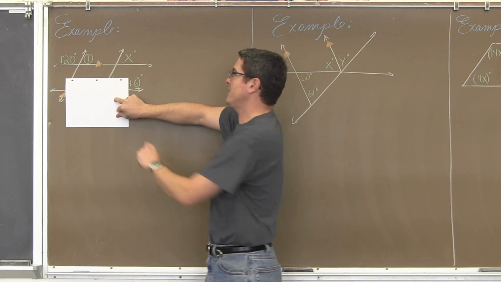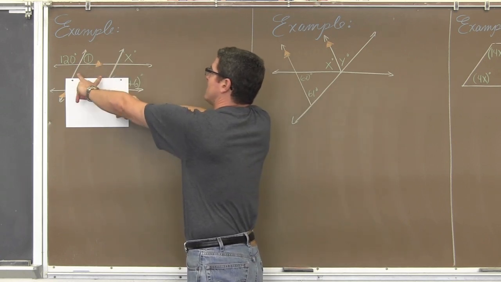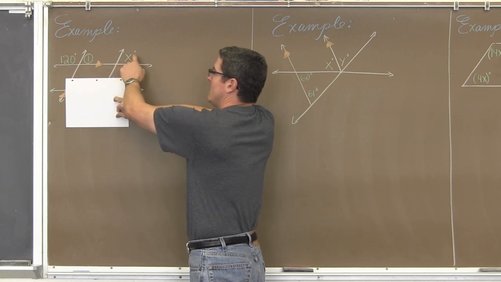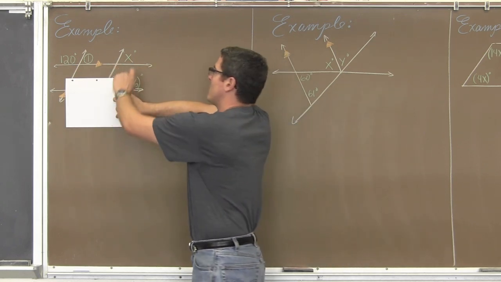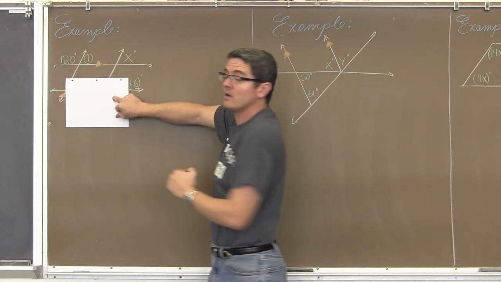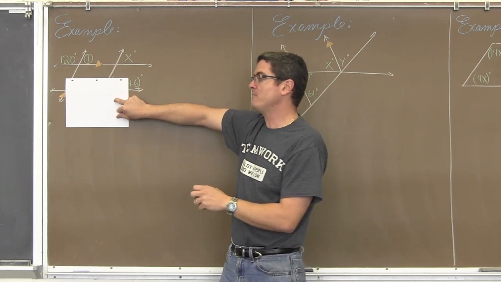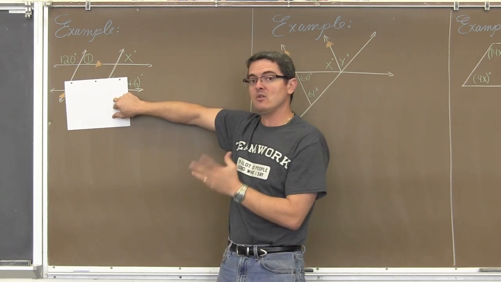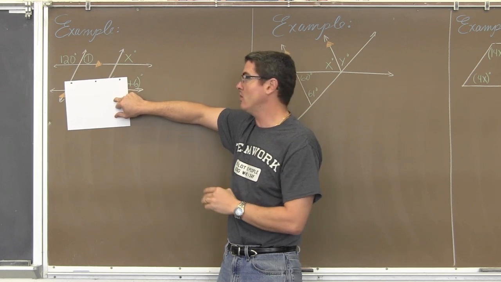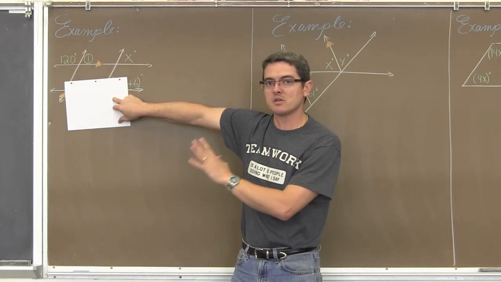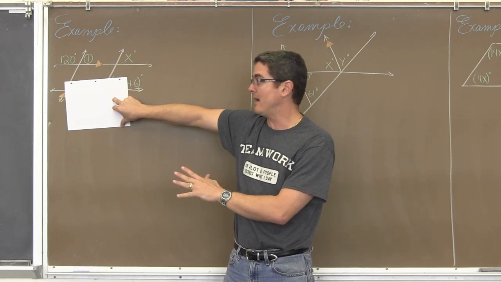So if these are my 2 parallel lines being cut by my transversal, then I have 120 here and x over here. Well, you might want to call these same side exterior angles, but that's not one of the specific 4 types of angles that I gave you. Now, you might already know or think you know a relationship between 120 and x, but I want to use those 4 definitions that we have defined right now.